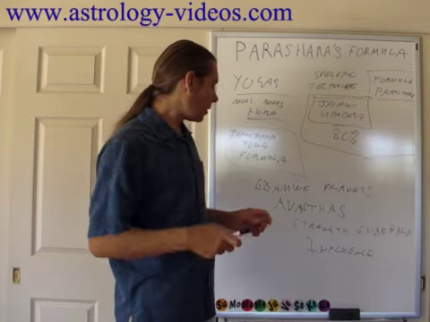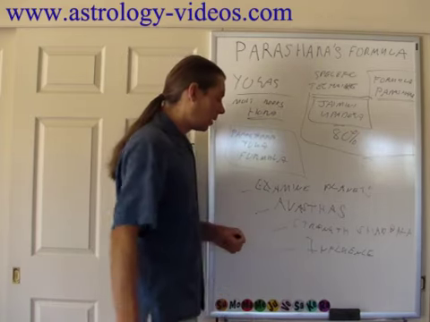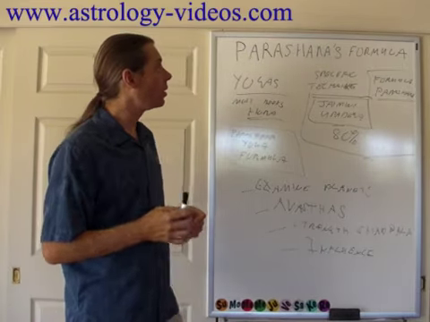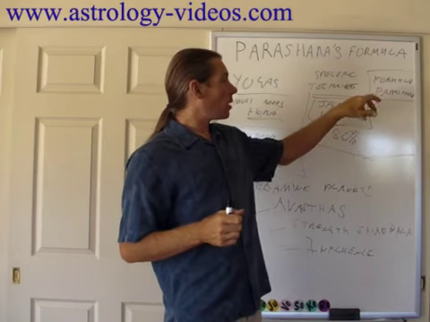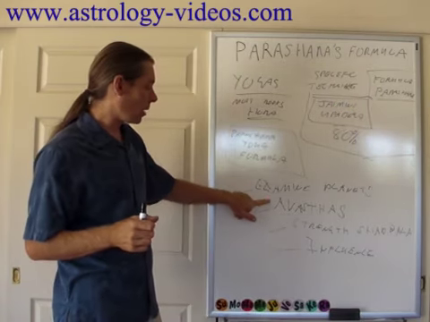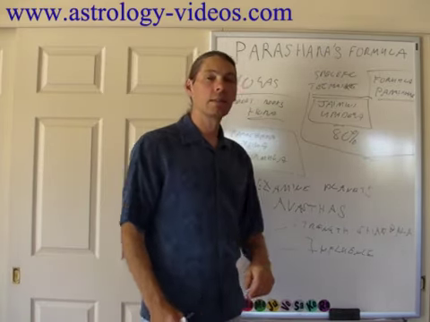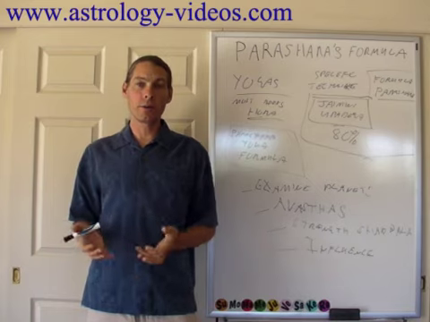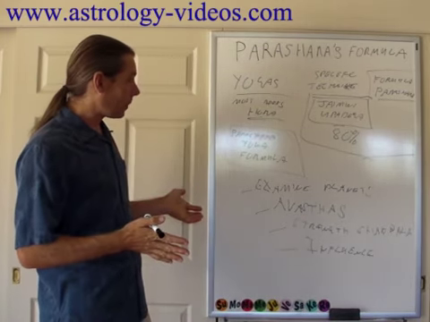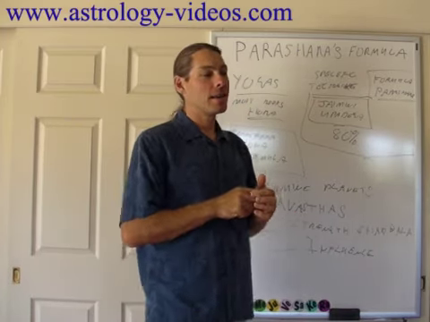Okay? It's easy, right? E-A-S-I. That's how easy astrology is. And that's what we're going to learn in this course on Parashara's formula. We're going to learn how to examine the planets in light of the avashtas and their strengths, and then see their influences to create and destroy our universe. Okay? It's so easy, I can't believe it myself.